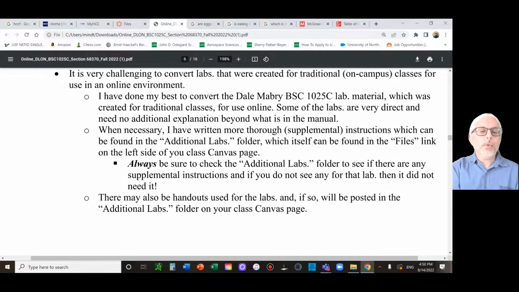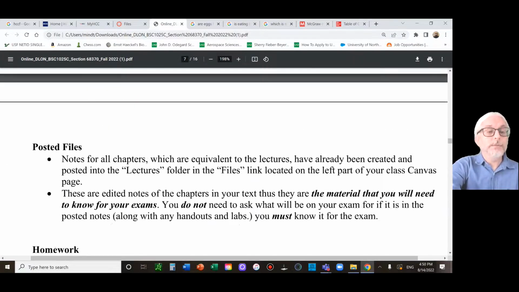So we've already covered everything for you. I already have everything in the folders. You'll see in your syllabus when you should be doing labs. Those dates are suggestions. Nothing's due until the day of the exam, but I'm trying to help you out. So always check the additional labs and see if I have anything else going on, but everything's posted for you. Read the lab, do the lab, ask me questions.